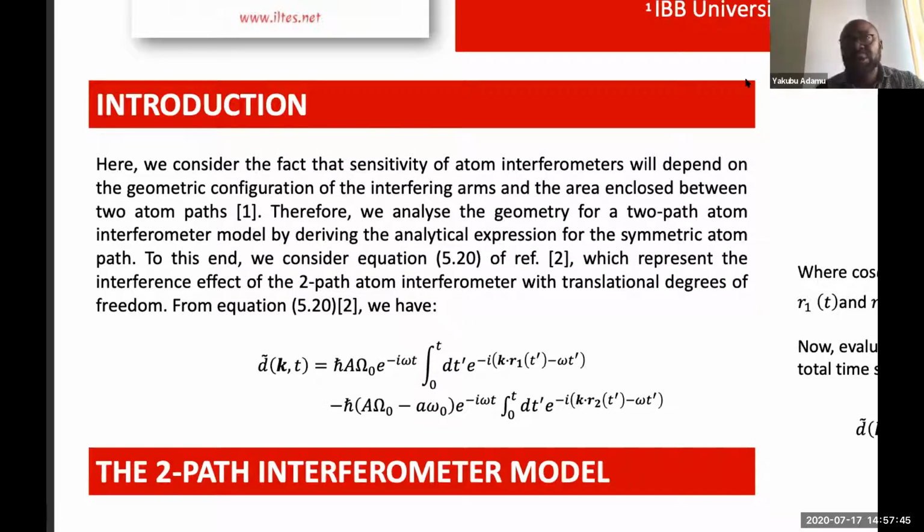So for all these reasons, we decided to extend the theoretical framework for improving the sensitivity of the atom interferometer by deriving a broad class of equations which obey specific time symmetry for a two-part atom interferometer. In doing so, we construct a specific path geometry for the interfering arms, as well as the influence functional phase, and derive the decoherence factor, all in the light of the geometric interpretation of the atom interferometer. So in doing this, we consider equation